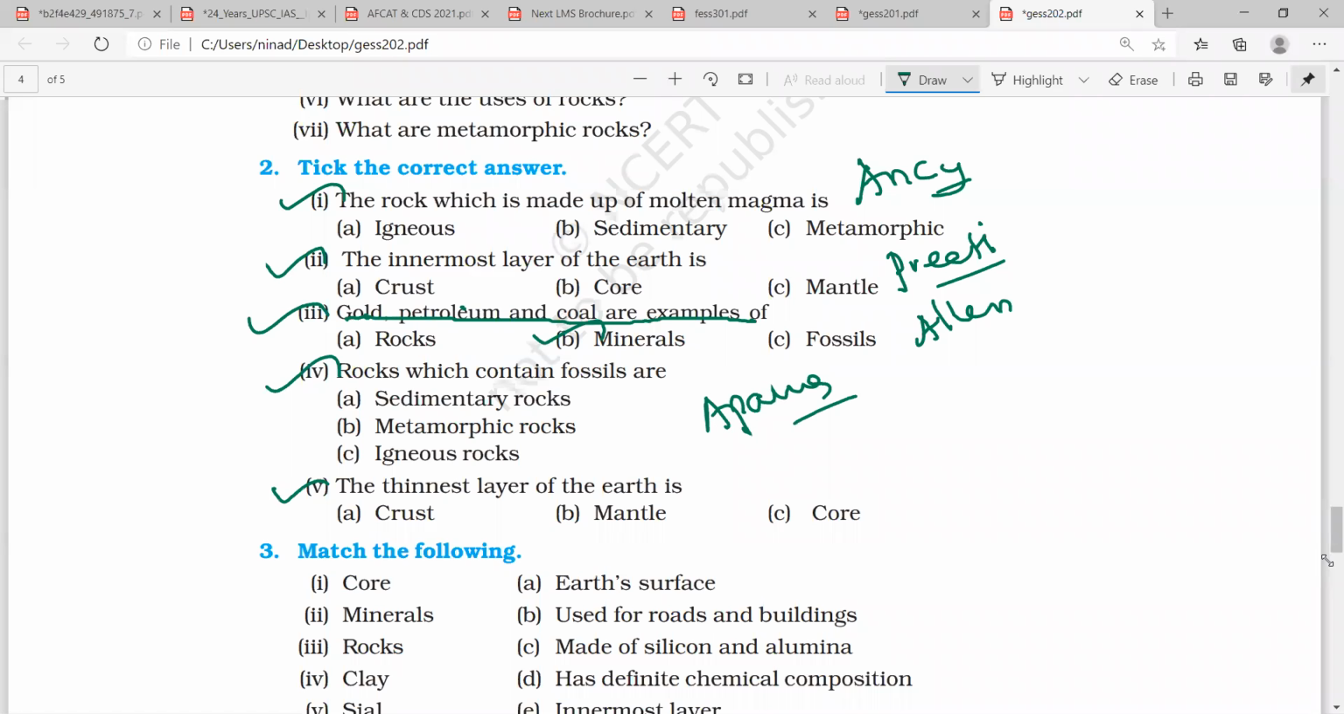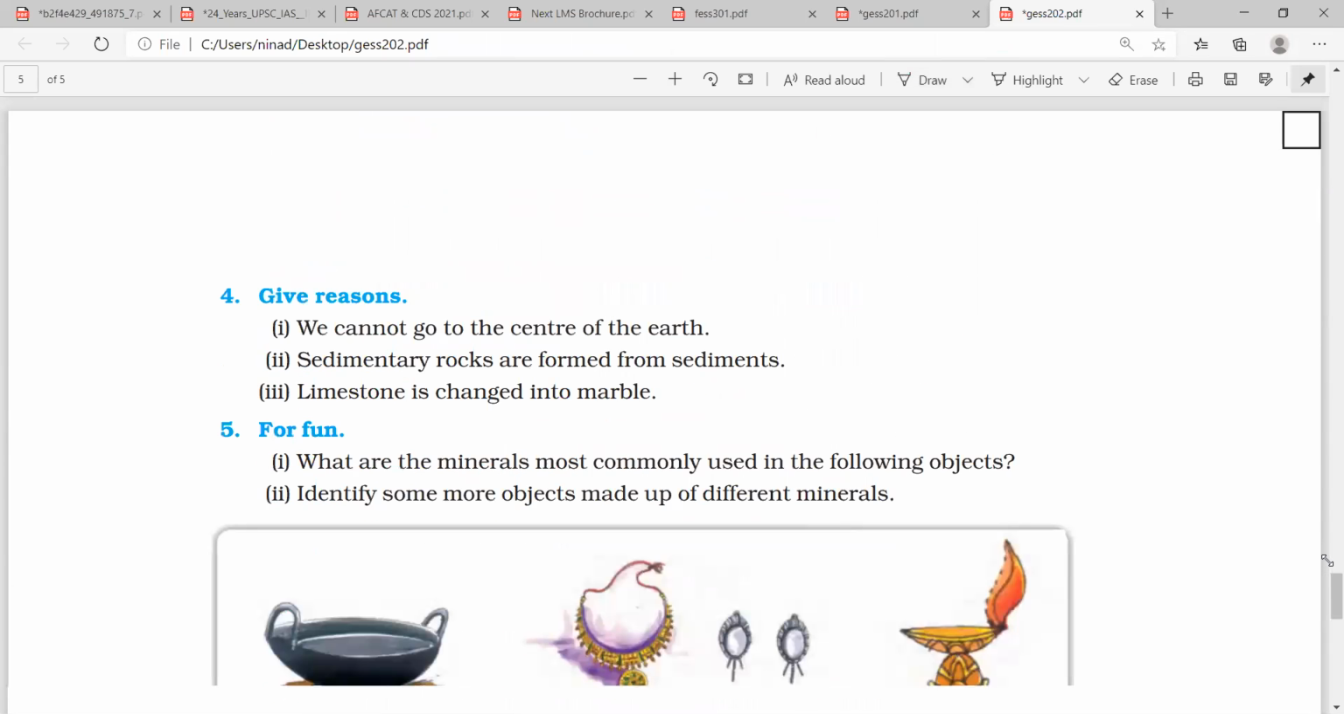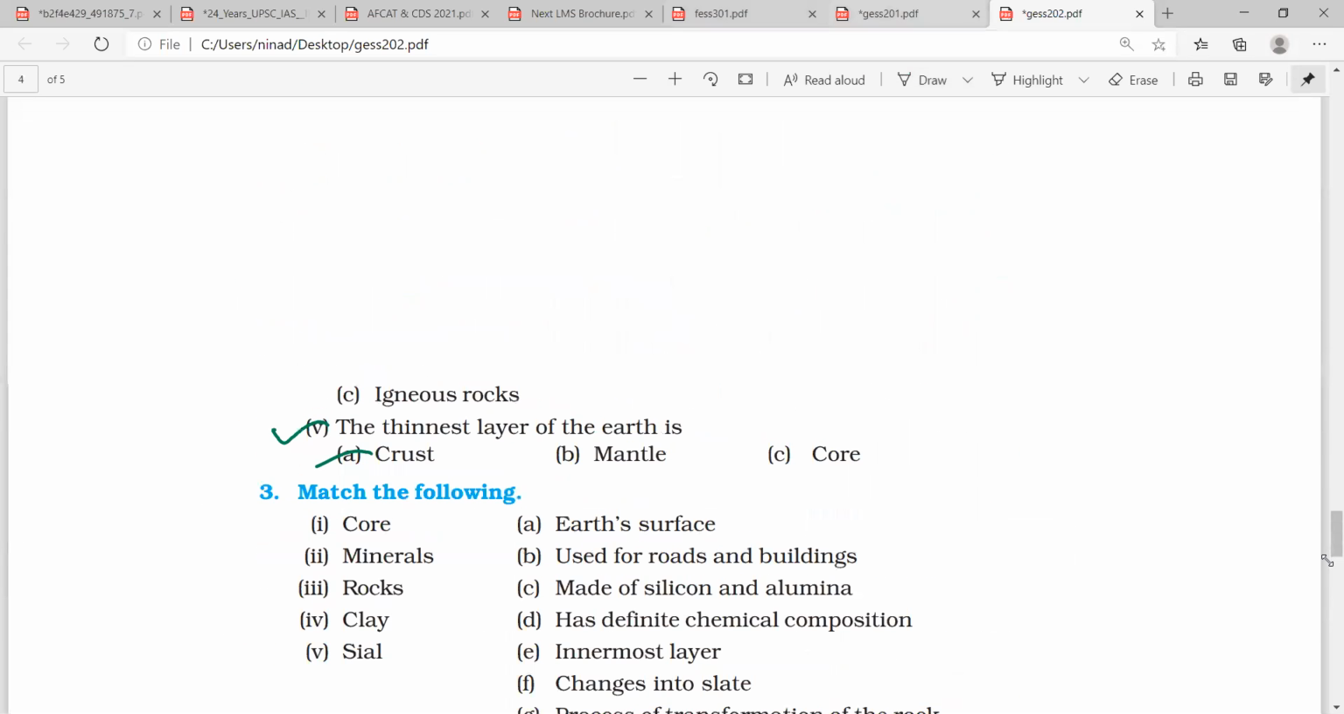Okay. Please have some quiet place where you are studying. Akshay, tell me, the thinnest layer of the earth is? Crust. Crust is that. Okay. So this comes